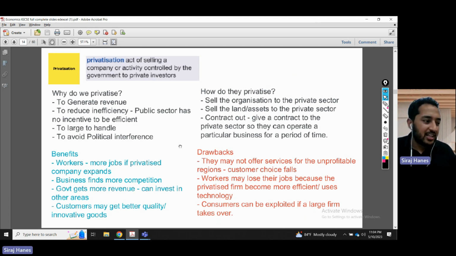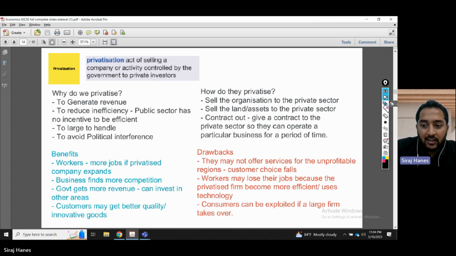The other thing, guys, governments tend to be very inefficient. The public sector has no profit motive. They don't keep profits in mind. They don't care about being efficient. So isn't it best that we let the private sector run it? Because the private sector wants profits, yeah? So they'll try to make better quality, be more innovative, come up with something nice. Consumers get choice.